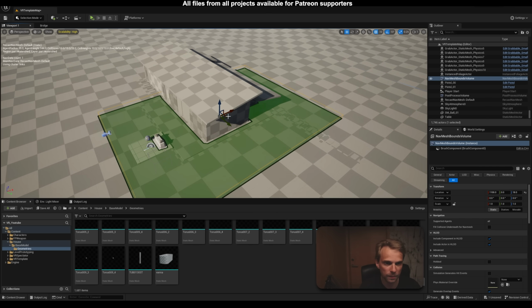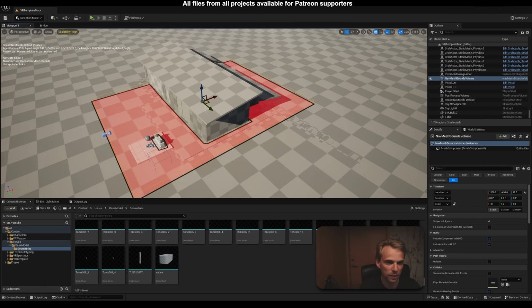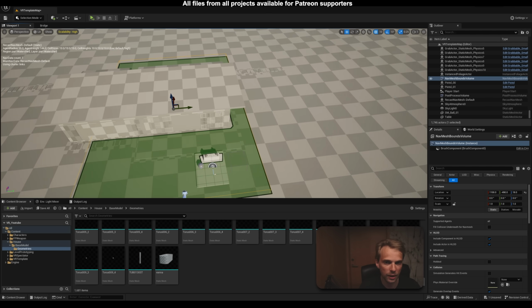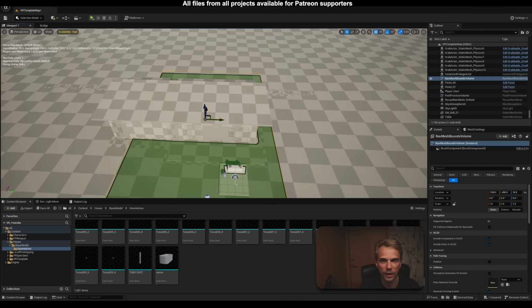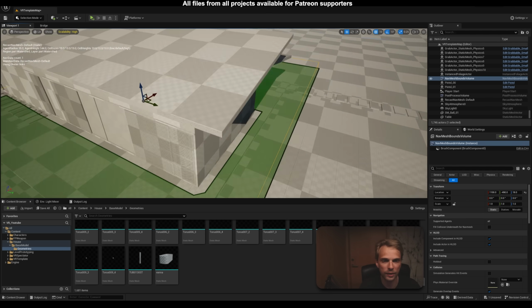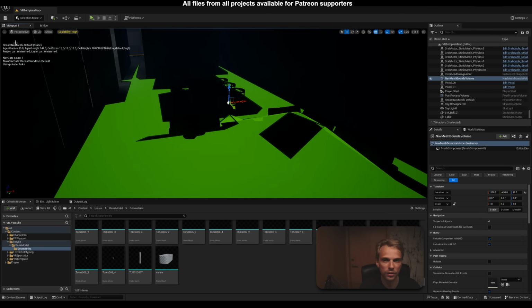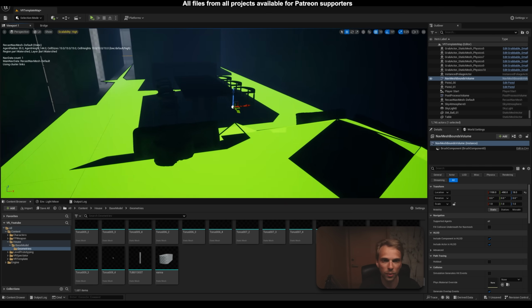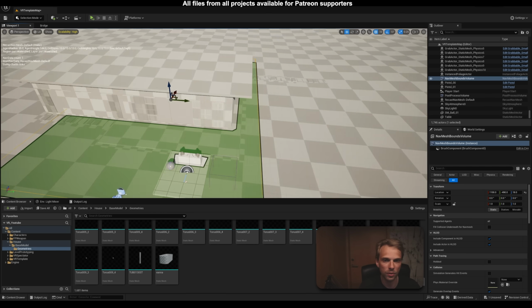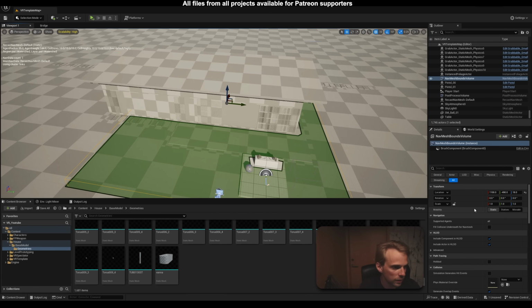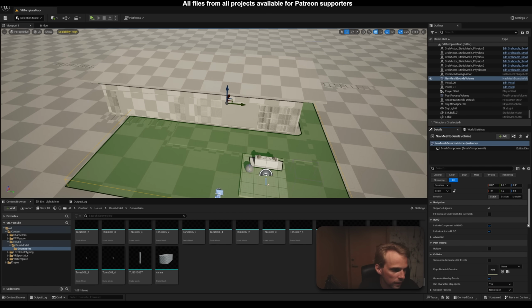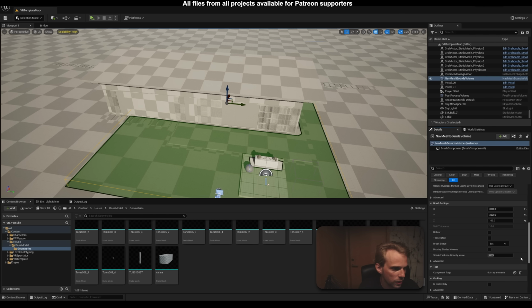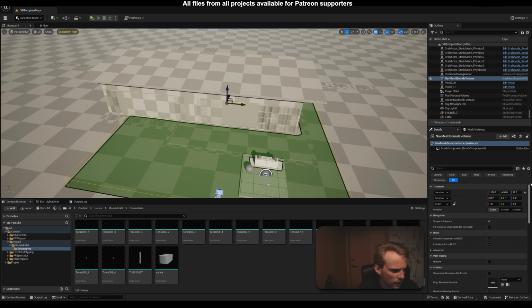Something like that. Maybe a bit larger here. And we just want to make sure that we're able to navigate inside of this room all throughout, and also around the building. So I need to make it a little bit bigger,